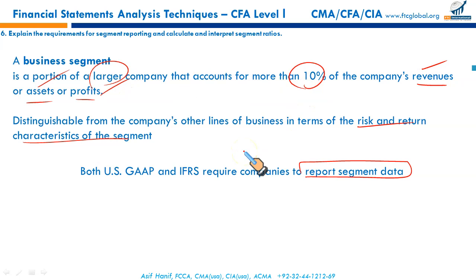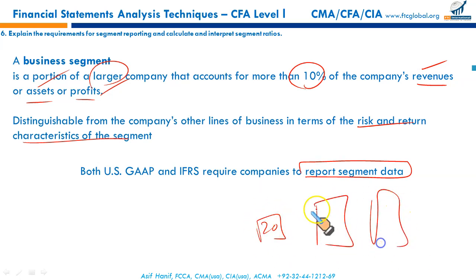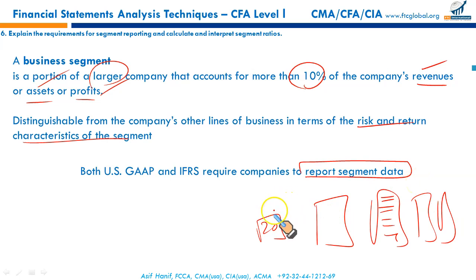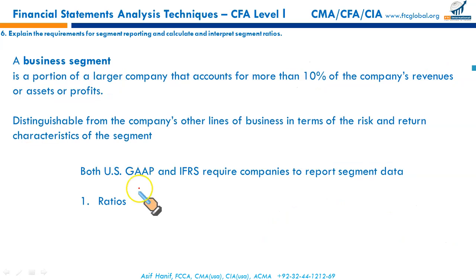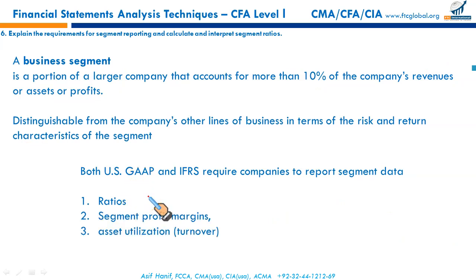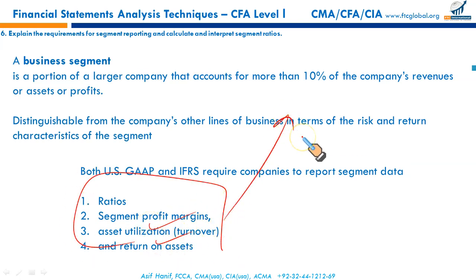So they must be reported separately for analytical purposes, because in the balance sheet or income statement, what you see is a totaling or netting off of different divisions. A business may have 20 divisions, but when you see the balance sheet or income statement, you get aggregate sales, aggregate cost of sales, and aggregate profit. What if certain segments are significant and they need to be analyzed separately? So we need to break them up. We need to show a breakdown of these segments so we can analyze performance well. So we will use our ratio analysis on these separate segments. We'll calculate their asset utilization, the return on asset, just like we do for the normal main business segment.